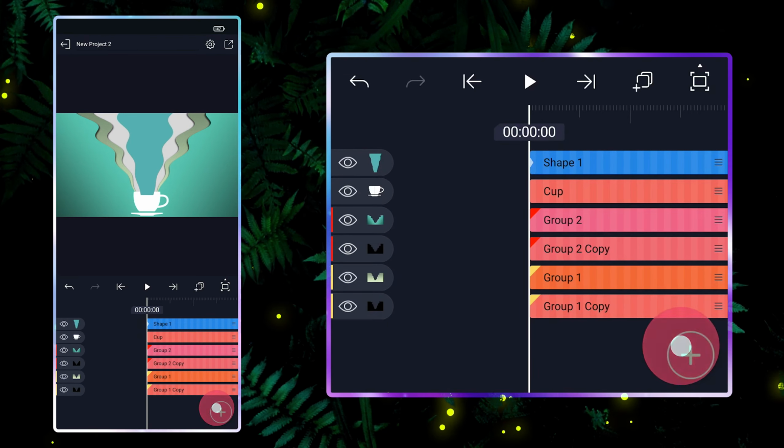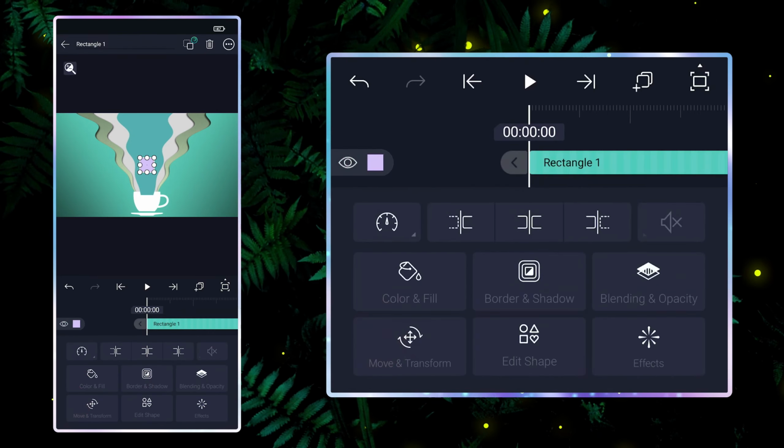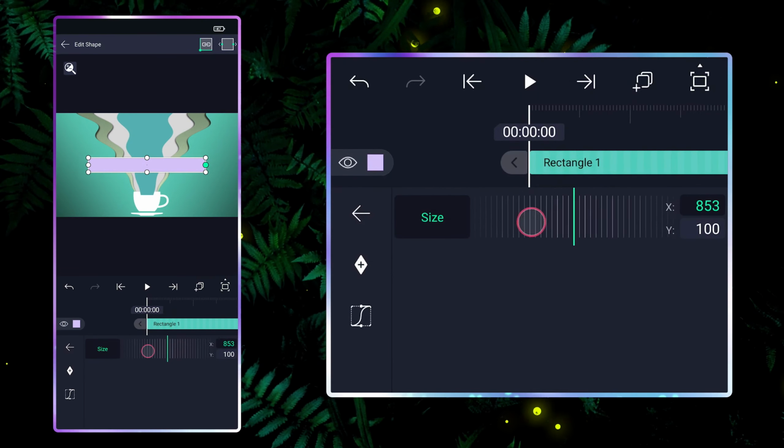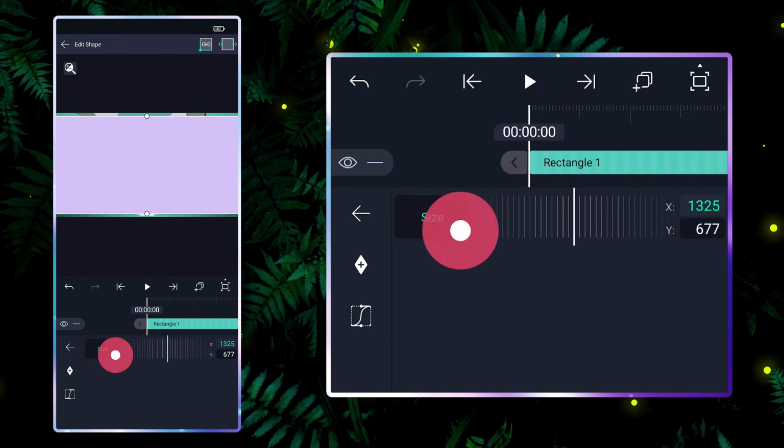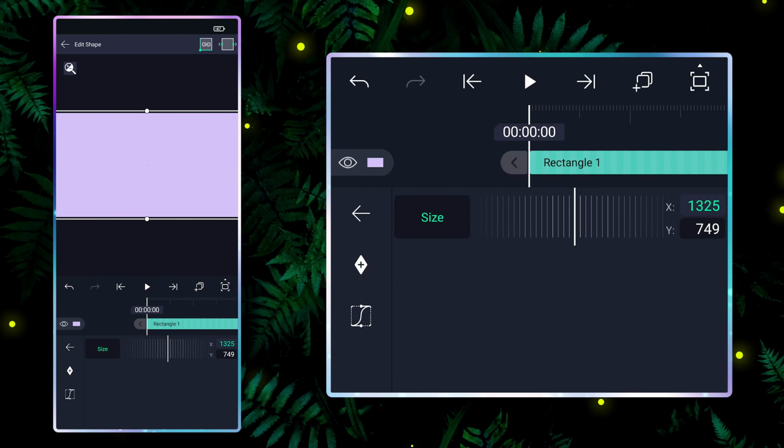Add another rectangle. Change its color.